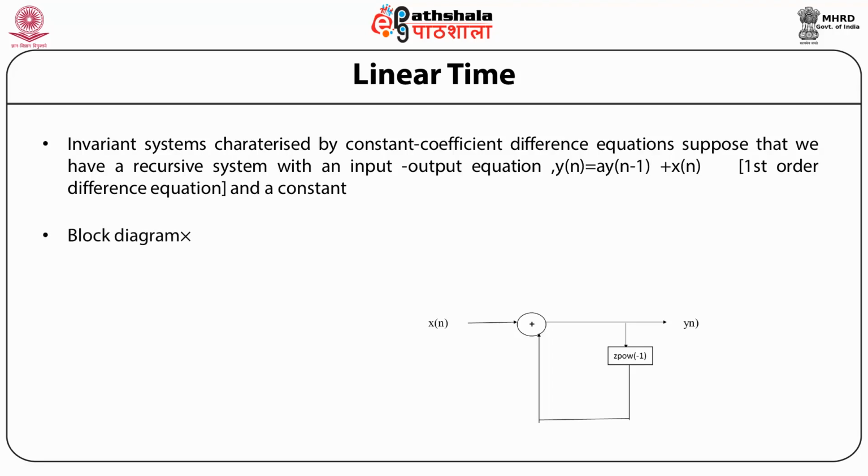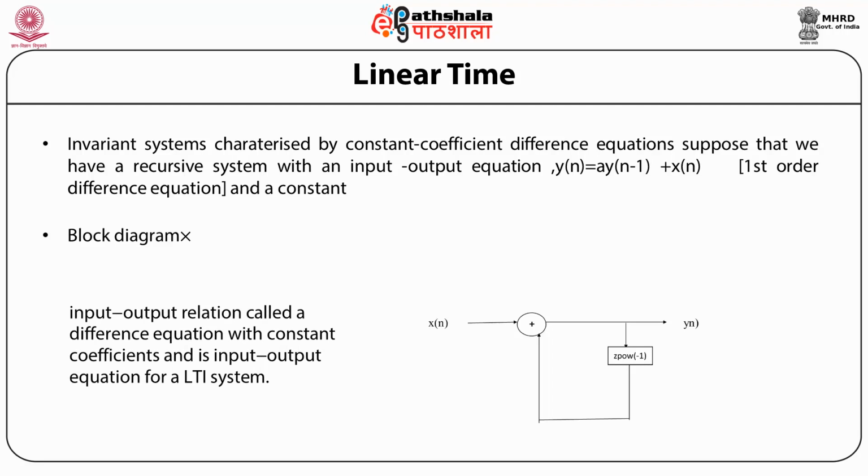So the block diagram is given by this figure, where x(n) is the input to the summation and then we get the output y(n), which is fed back through z to the minus 1, and through a it is fed to the input. So the input-output relation is called the difference equation with constant coefficients, and